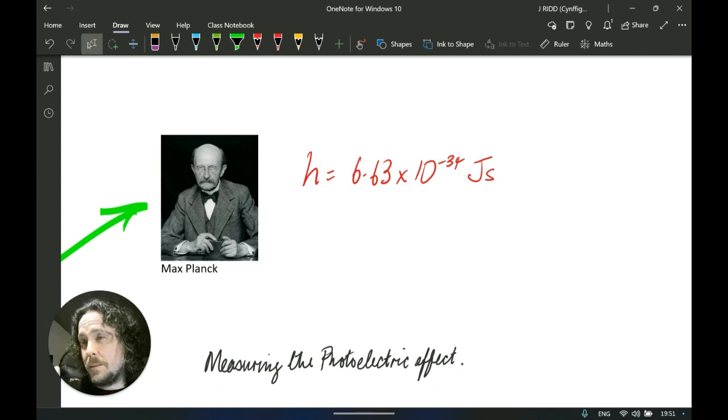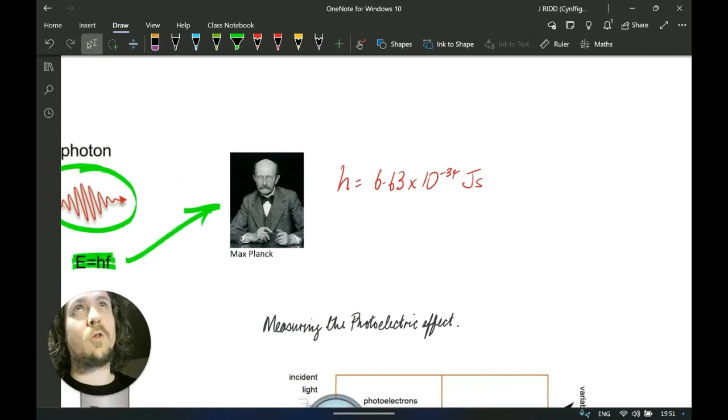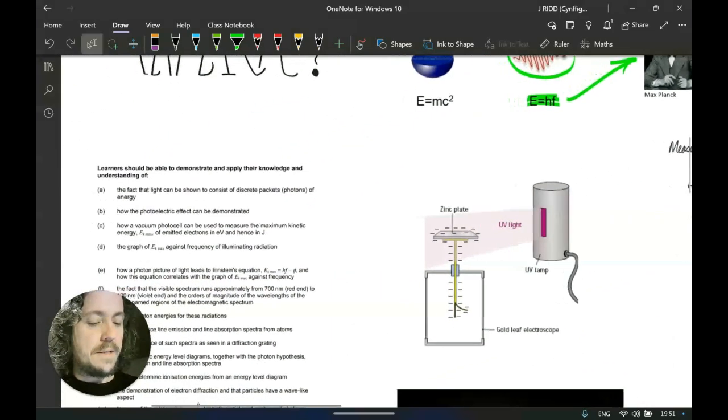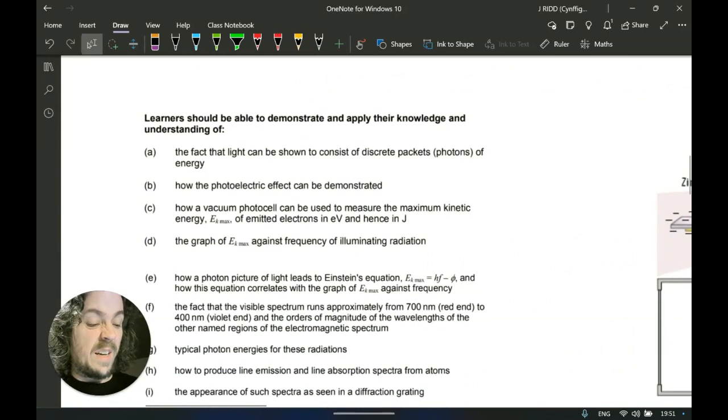The size of the number is partly the reason why it took so long to discover quantum mechanics, because the gradations of energy, the difference between the energy of one photon and another, is so minuscule it could have been thought previously to be continuous. Anyway, sorry, I digress. So we're going to leave that there, and say that this first one here, we're going to say done.